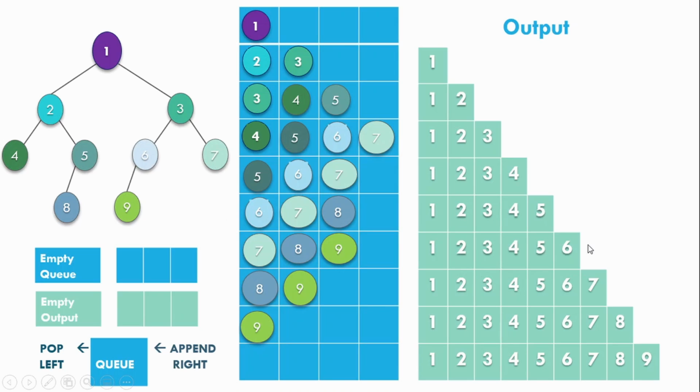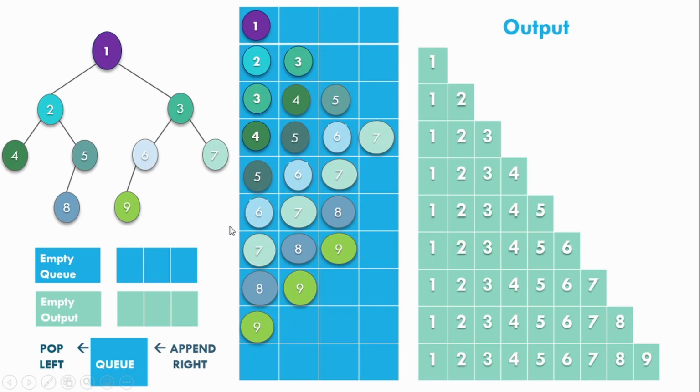Add its value to the output. Check if it has any children. Yes, it has 1 child, that is 9. Add the child to the queue. Now do pop again. 7 will be popped, and so add its value to the output.